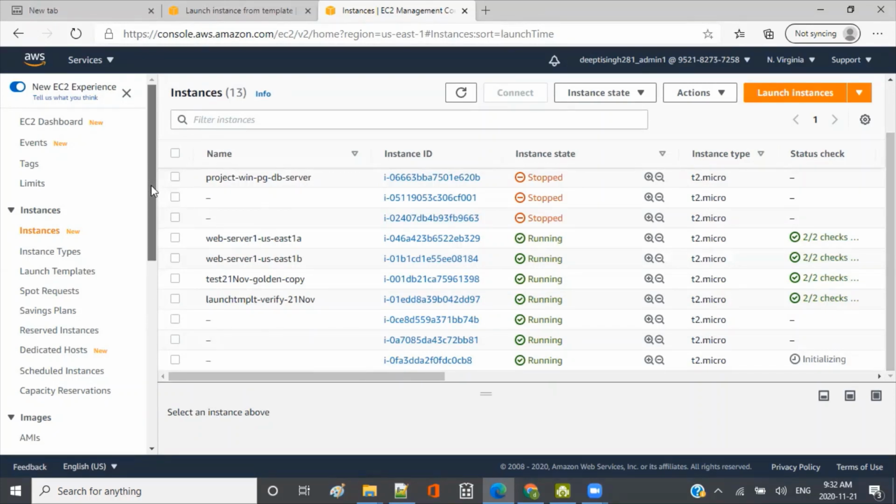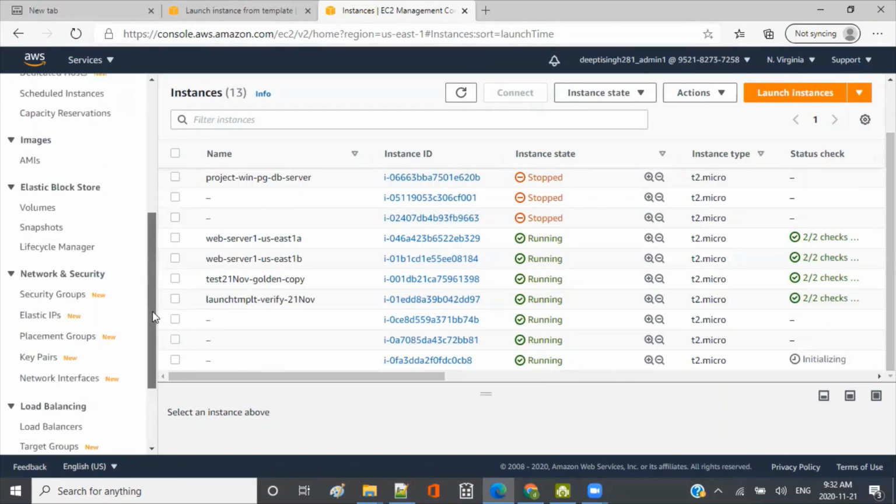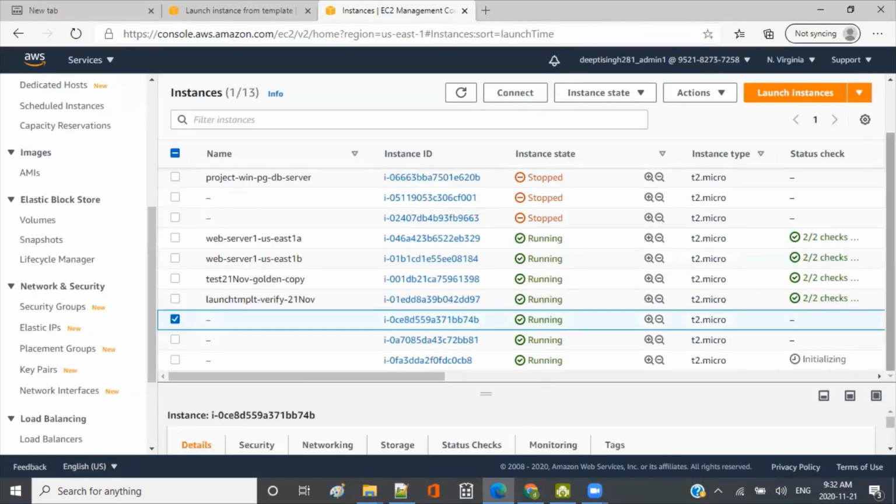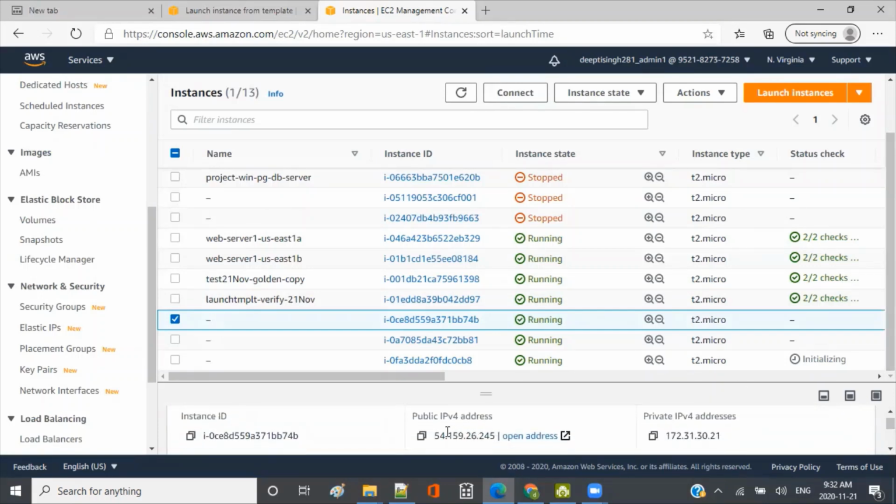Before that, let me quickly select one of them, just to see that it is accessible. Okay. If the index.html which I'm using for the health check is not accessible, then you see it's running, but the health check will fail after some time, although it is running.